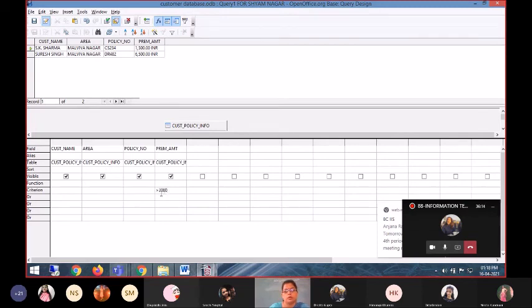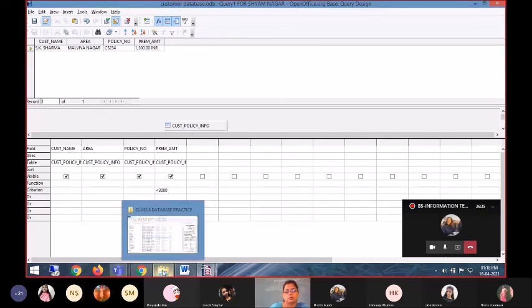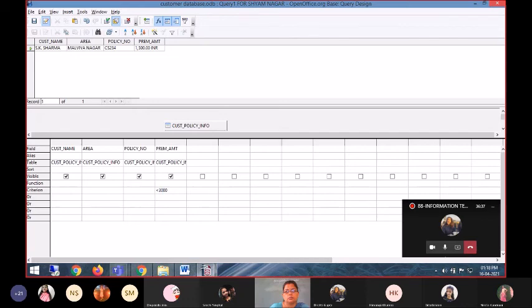So I am writing here greater than 3,000 in premium amount and let us check the query. Got it? If I search for less than 3,000, then it will give me the remaining records where the premium amount is less than 3,000. आया समझ में? Yes, ma'am.